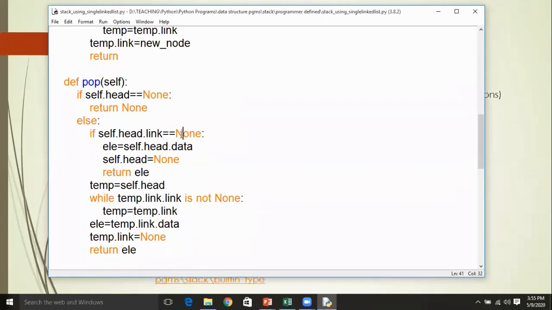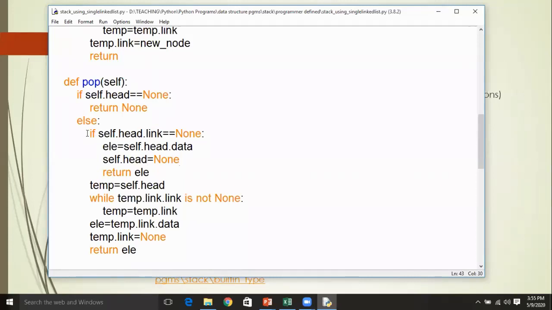So you have to take the data, self dot head dot data, and hand it over to the ELE variable so that you can return that value. This is the value you are trying to delete. You can easily identify the data you have deleted, and then self dot head is made none so that there will be no elements.